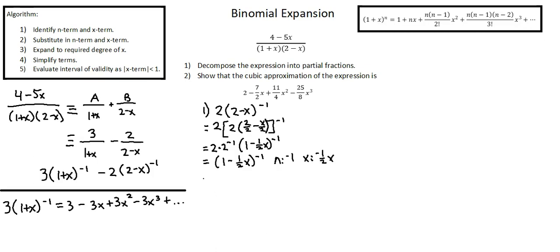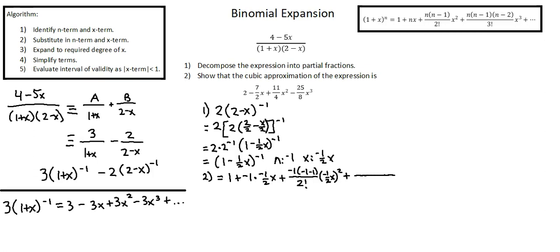Step 2, substitute in n term and x term. In our expansion, we have the first term of 1, next plus n times x, negative 1 times negative 1 half x. Following term, in the denominator, 2 factorial. In the numerator, n times n minus 1, negative 1 times negative 1 minus 1, all multiplied by x term to the power of 2. Our x term is negative 1 half x to the power of 2,